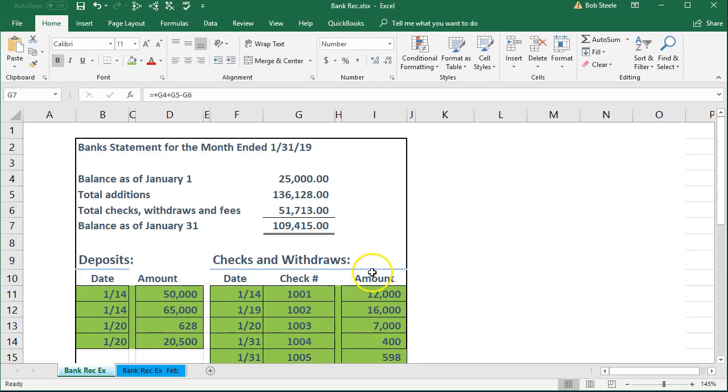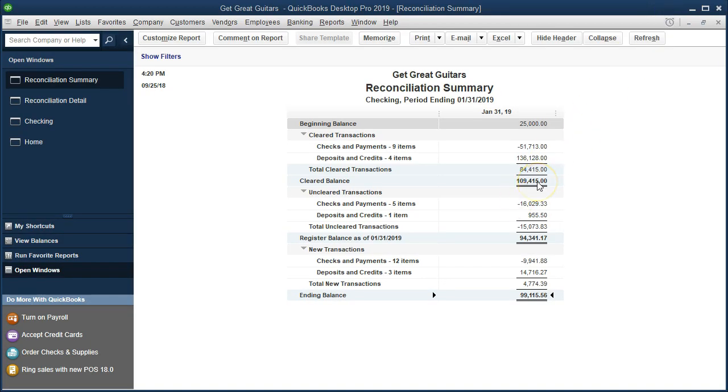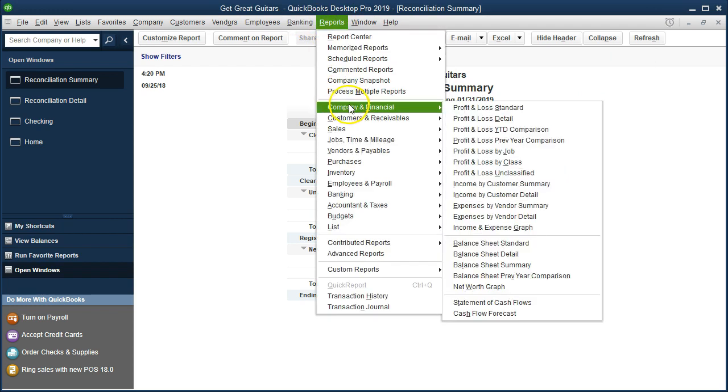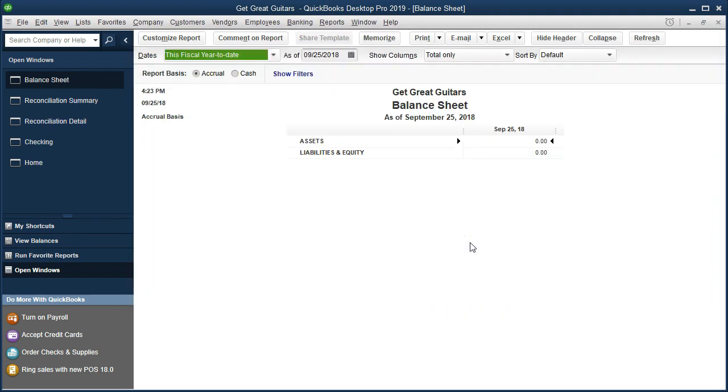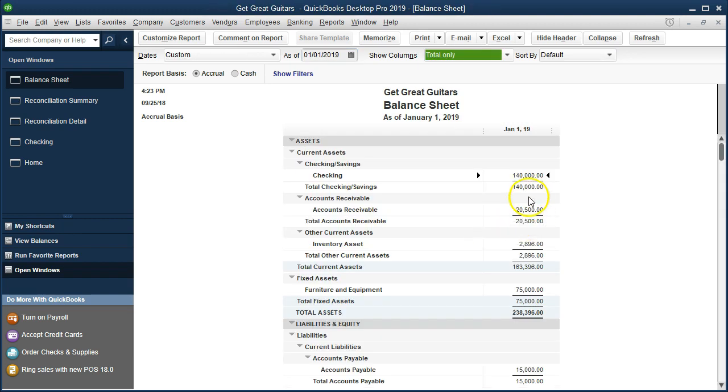If we go over here, it's going to be our ending balance on the bank statement. So this is what's on the bank statement. That doesn't match what's on our books. So if we go back here again, it doesn't match what's on our books. And what's on our books, if we go to reports up top, if we go to company and financial, we're looking for the balance sheet. And as of 01/01/19, our books show